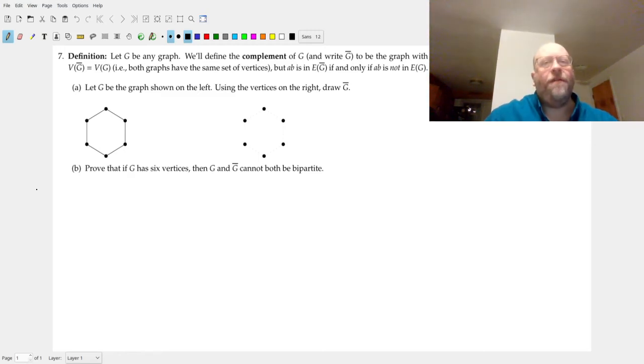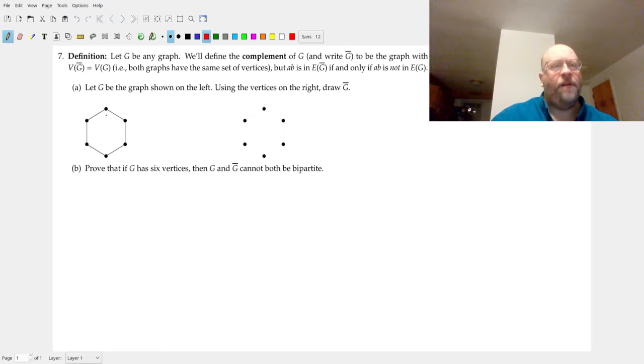We've got a request to take a look at this question from test two. I'm guessing that the concern was more about part B and not part A, but let's go ahead and do both parts. We're going to define the complement of G to be the graph with the same set